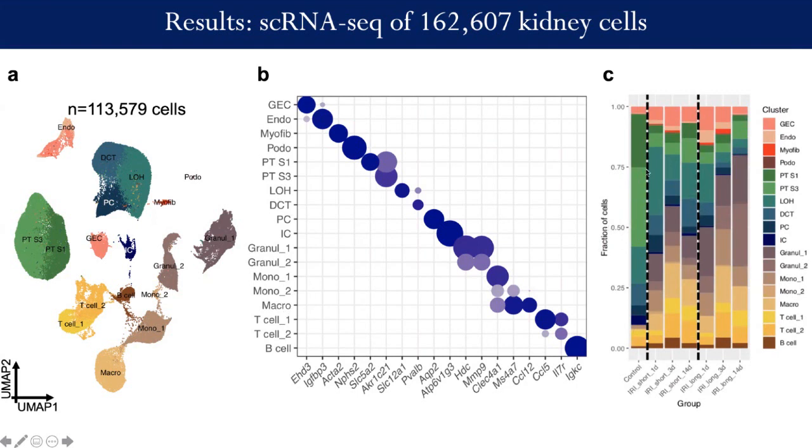Because when you look at the fraction changes between the groups, the control, IRI short and IRI long, you already appreciate that these proximal tubular cells in green are decreased in numbers very, very drastically. And the second thing I would like to highlight here is the drastic increase, as we go a long time after ischemia, in the long more so than in the short kidney samples, in how large the percentage gets of these myeloid cell types. So, for example, these granulocytes take up a huge chunk of the cells that we recover